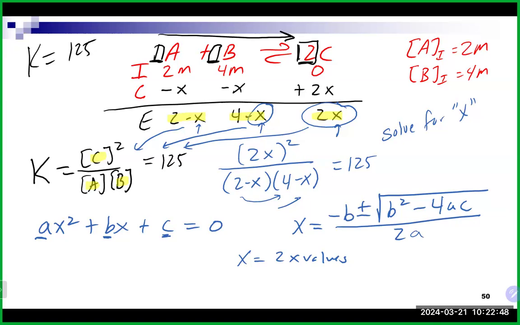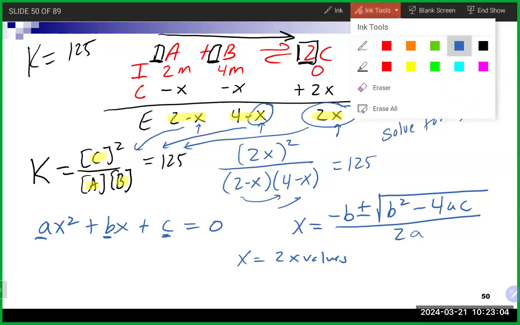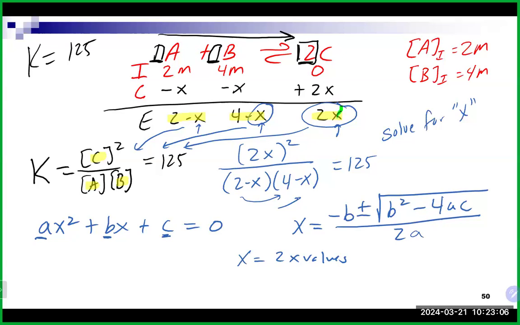So this again would be probably the most complicated way that we would solve one of these. And there are some other ways that we'll talk about as we go through it. But ultimately, what you're trying to do is solve for x. And that's important because, once you get that x value, as I mentioned, all these x values, you'll be able to plug it into that equilibrium line and get the equilibrium concentrations